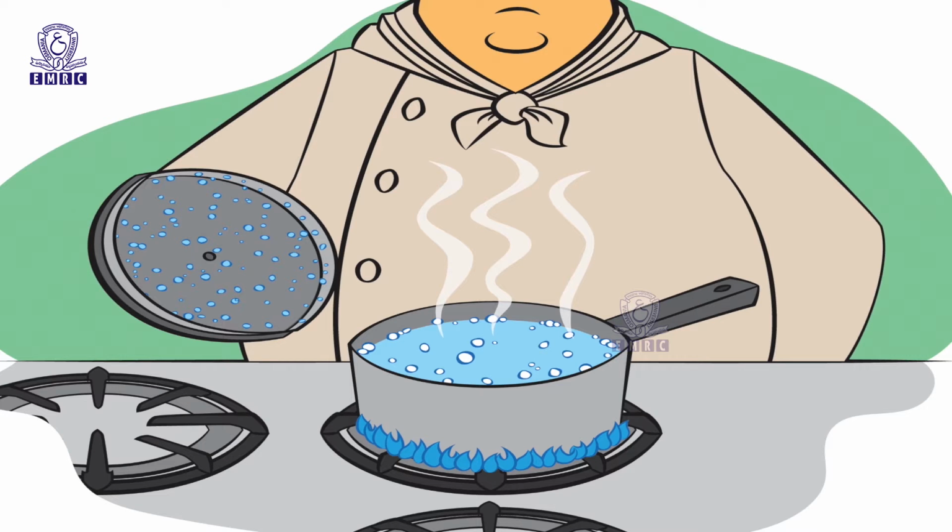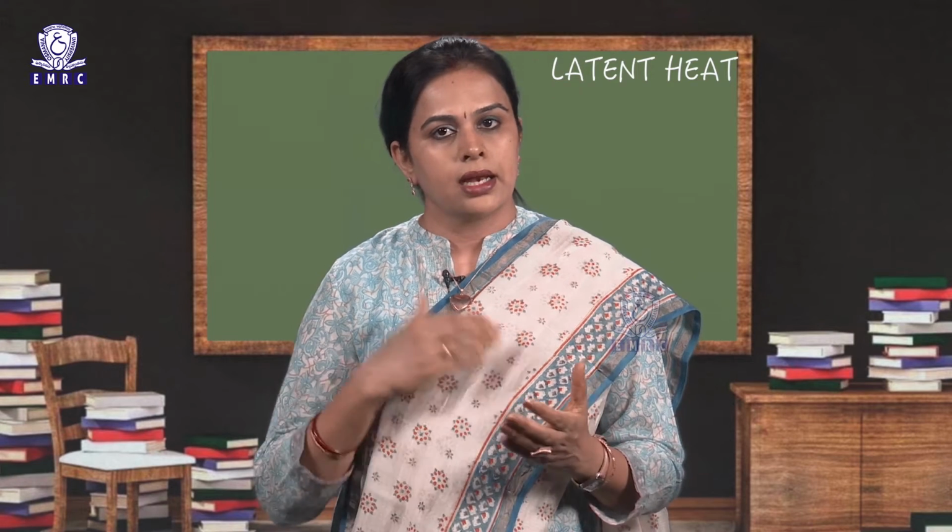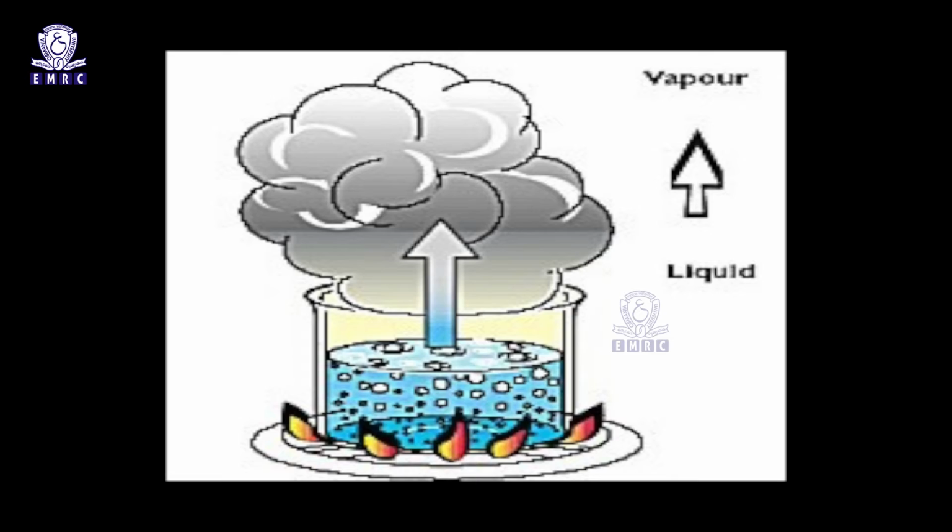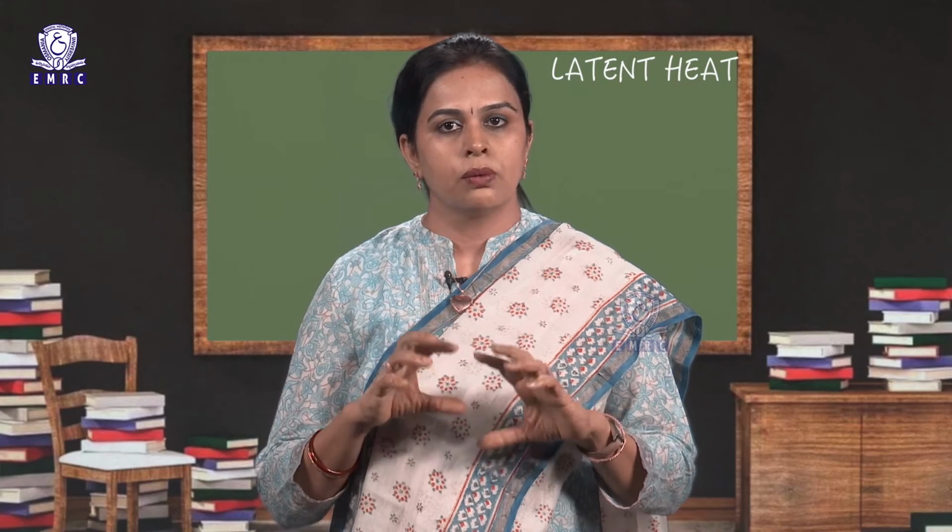For example, when a pot of water is kept boiling, the temperature remains at 100 degrees centigrade until the last drop evaporates, because all the heat being added to the liquid is absorbed as latent heat of vaporization and carried away by escaping vapor molecules. Similarly, while ice melts, it remains at 0 degrees centigrade, and the liquid water that is formed with the latent heat of fusion is at 0 degrees centigrade.